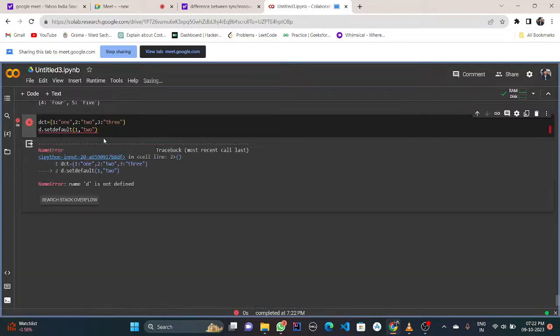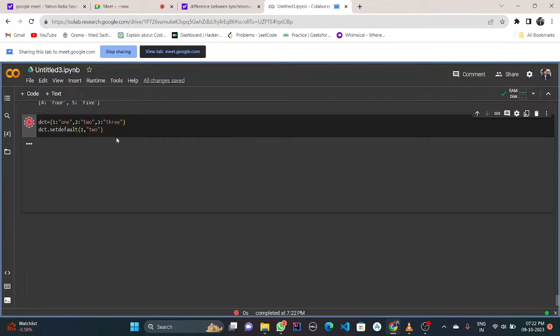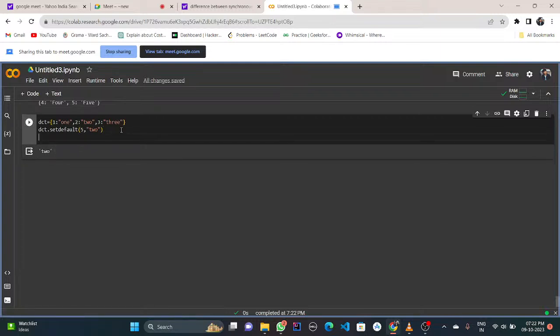Sorry, it's not d, it's dct. See, I already have the key, so I can't set it. If it is not present, then I can set it. Okay, 5. See, if I print this now,